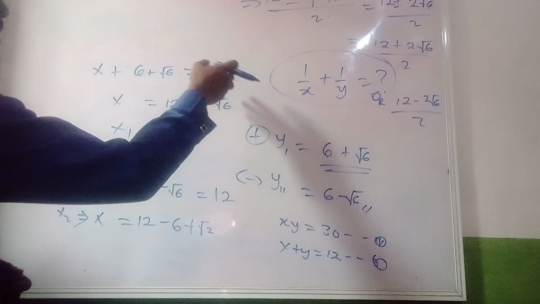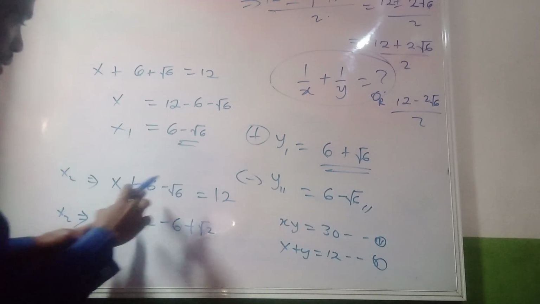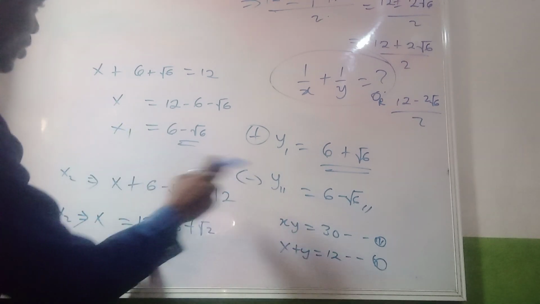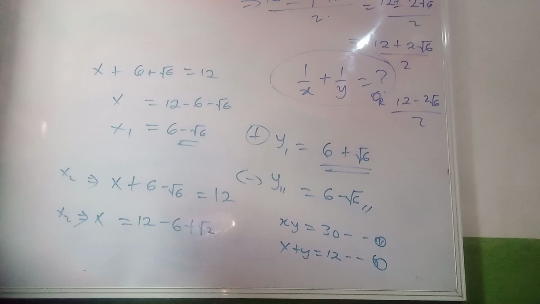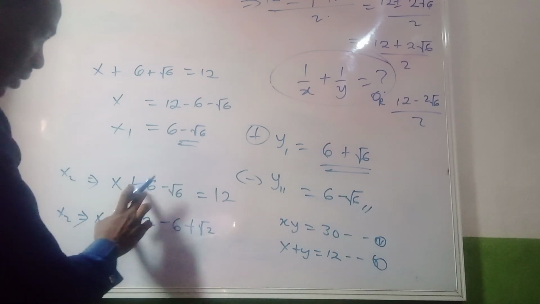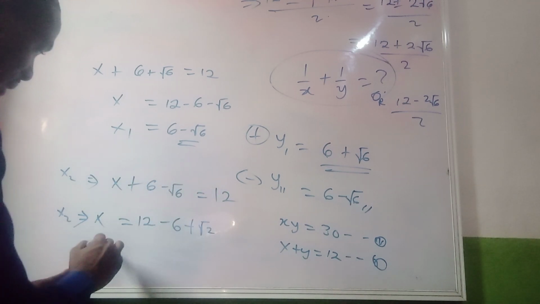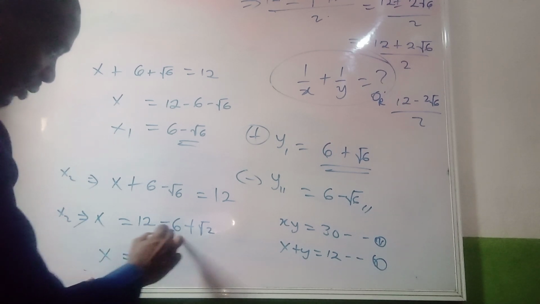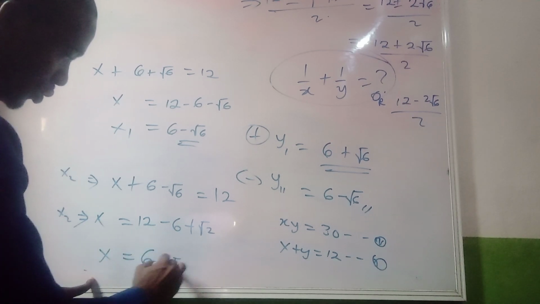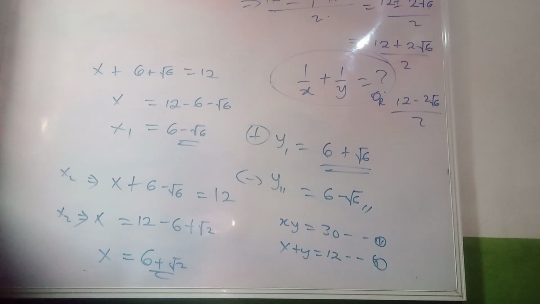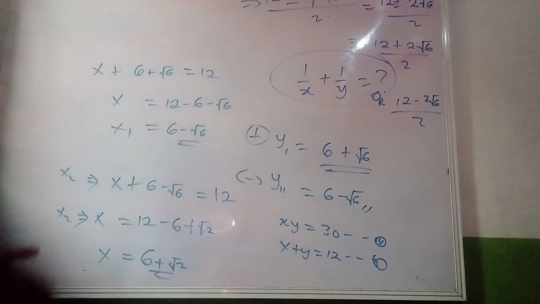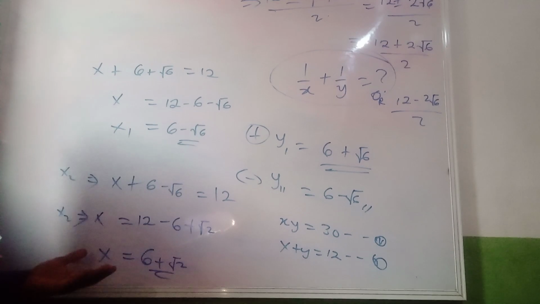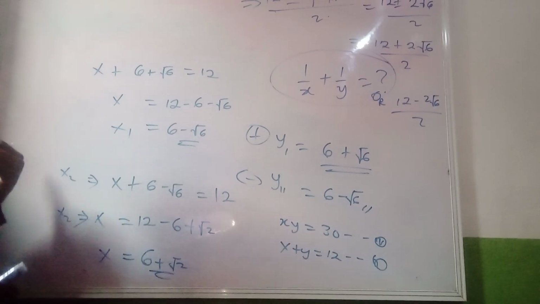This becomes minus when it comes here. Now this is going to turn minus, and this will turn plus when it gets to where it's going. So now we have x second gives us 12 minus that 6 plus root 6. You can see that they are interwoven. When y is 6 minus root 6, x will be 6 plus root 6. And when x is 6 plus